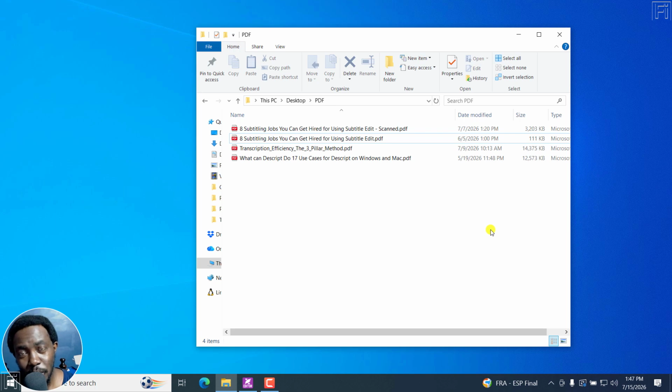In this video, I'll show you how to make or convert a scanned PDF to a searchable PDF using Foxit